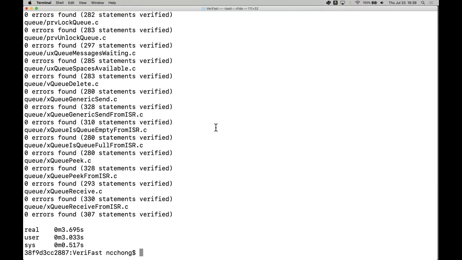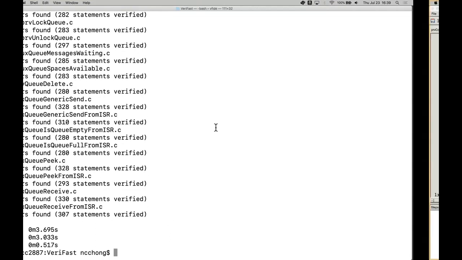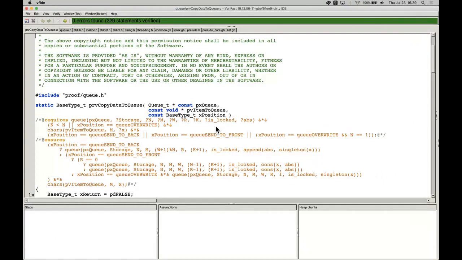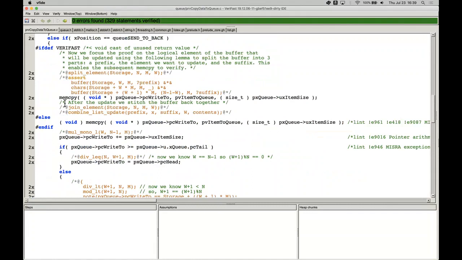Finally, let's peel back the layer one more level and look at a proof in a little more detail, just to give you an essence of what it looks like. This is the Verifast IDE, and the green bar at the top shows that the proof was successful. The proof itself is for an internal function to the Queue API. And it's called by the send operation when we want to put the contents of this buffer here into this